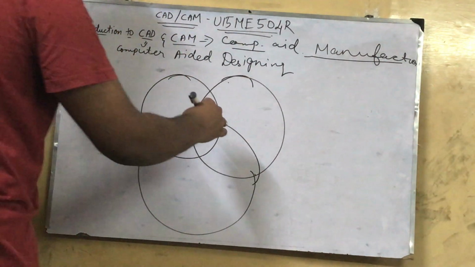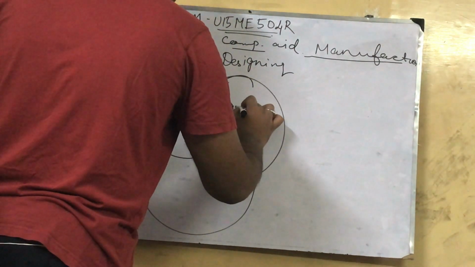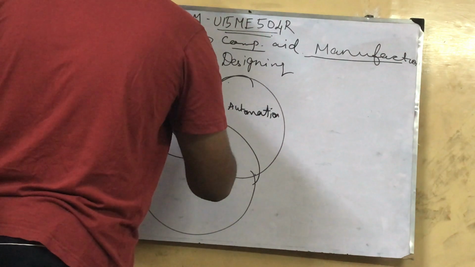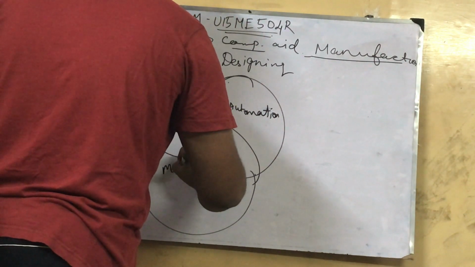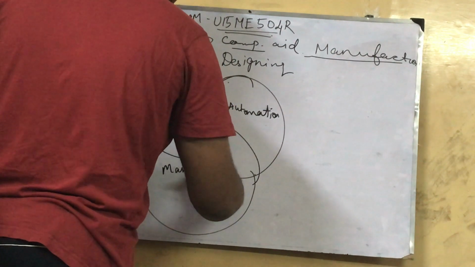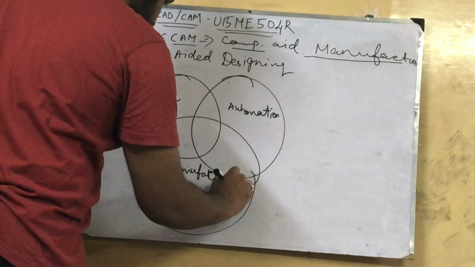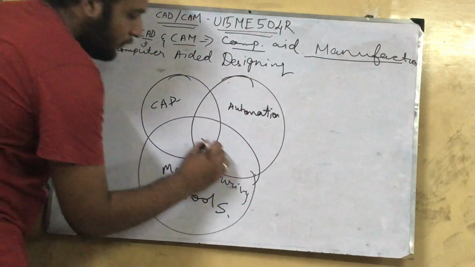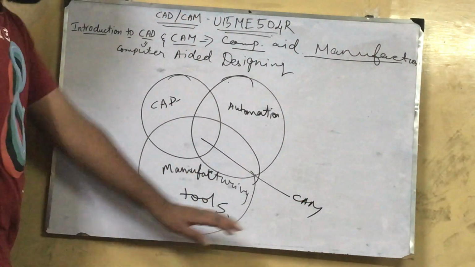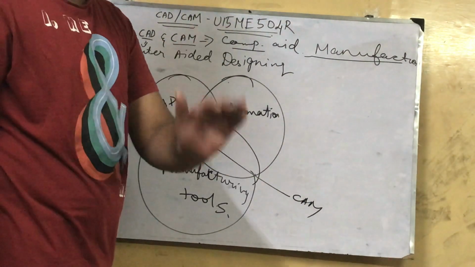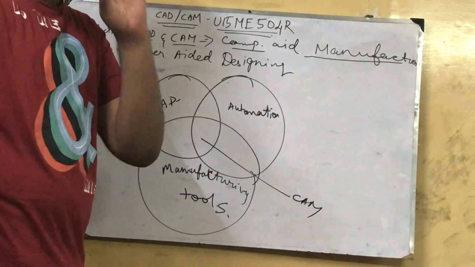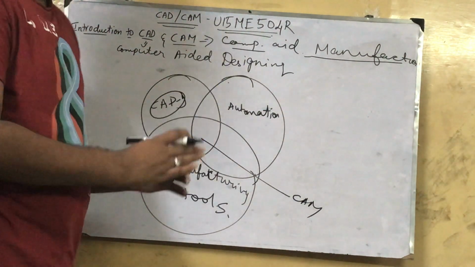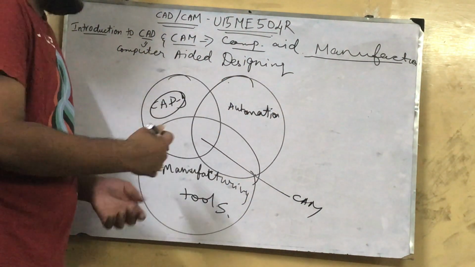We have three layouts, and automation. In order to have CAM, three criteria should be followed. So CAD, computer aided designing, which we have already seen, and we also have